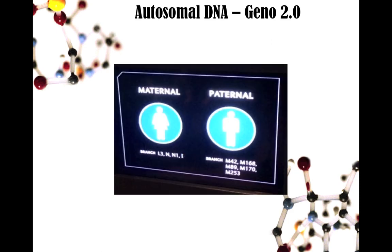So these are like the SNP results that I mentioned earlier, the deep ancestry. This one is for his mitochondria, and he matches me up to about there, because as I mentioned, I'm an N, but he's one branch farther down from me on the mitochondrial tree. And over here are his haplogroup numbers for his